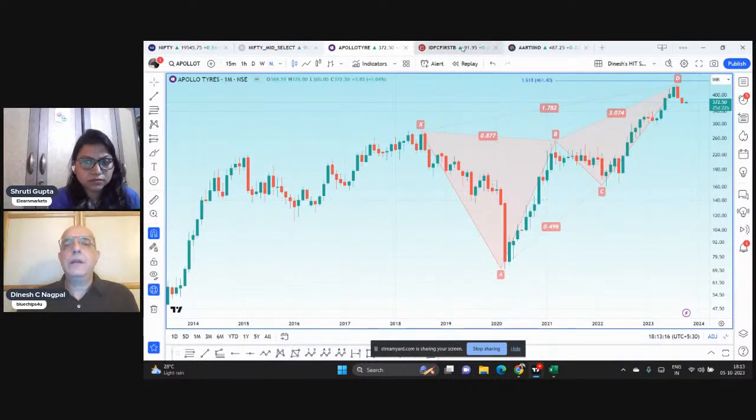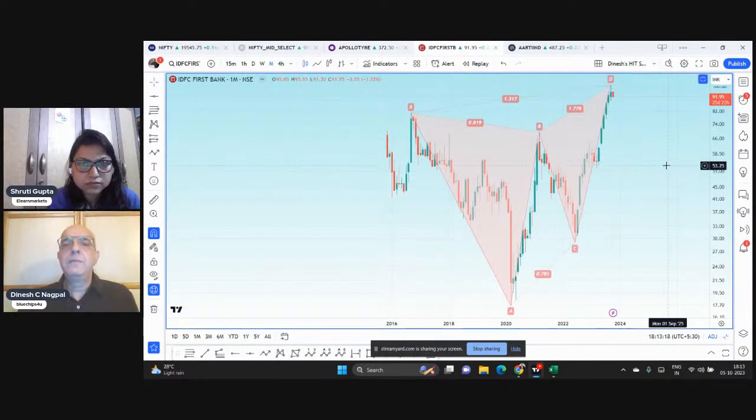Like this, another very recent one, before I go to the next part of it, is this one. It's just started to decline, right? It's been a rank outperformer, IDFC First Bank. But the monthly has given me an alarm bell that don't get into it now. Not worth it. So this is how my first duty is